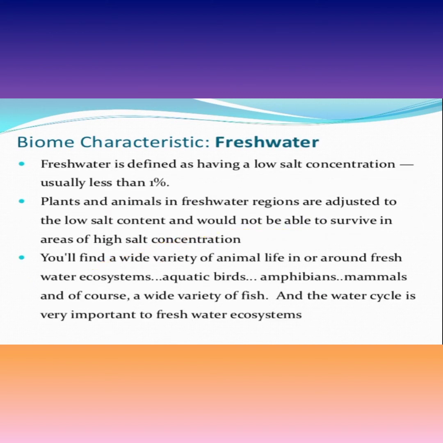Then characteristics of freshwater. Freshwater is defined as having a low salt concentration, usually less than 1%. Plants and animals in a freshwater region are adjusted to low salt content and would not be able to survive in areas of high salt concentration. You have a wide variety of animal life around a freshwater ecosystem: aquatic birds, amphibians, mammals, and of course a wide variety of fishes. And the water cycle is very important to a